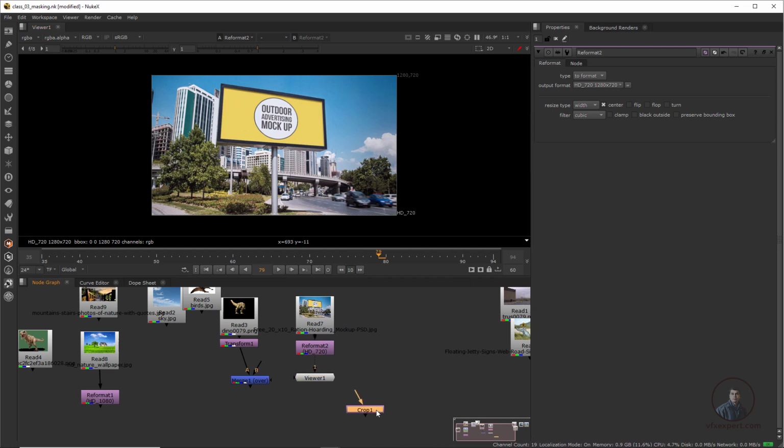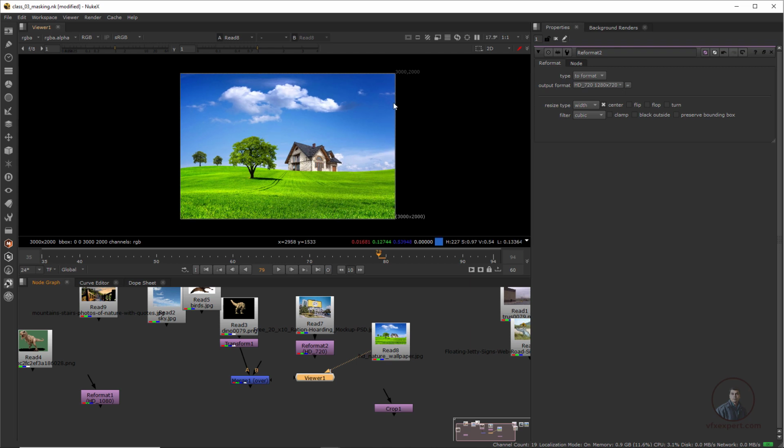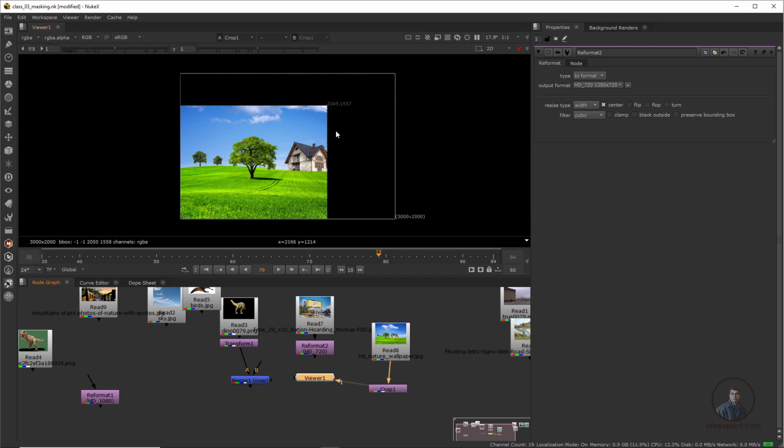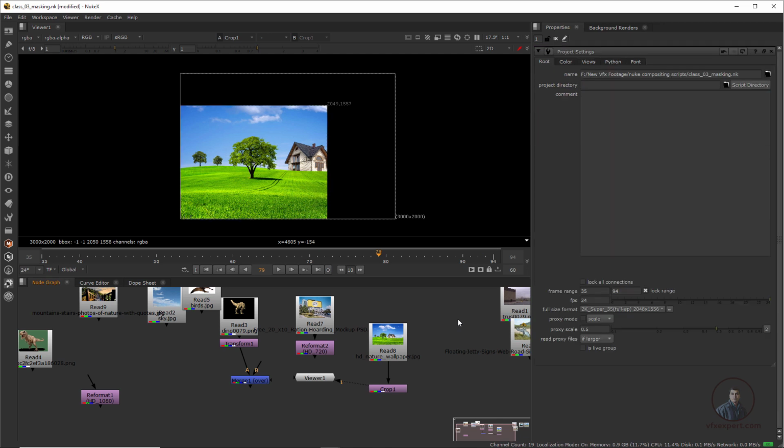Same with this Crop. With the help of this Crop node you can also define your format and crop your image, but this is mainly for cropping our image. So I am going to explain it again. Move it here and connect it with the same image, which is about 3000 by 200 pixels. Connect it with this Crop, select the Crop and press 1. Now you can see this is cropping. Double click here. By default this size is taken from our preferences. Now press S and you can see it. This is taking this information from our preferences. Now just cancel this one.